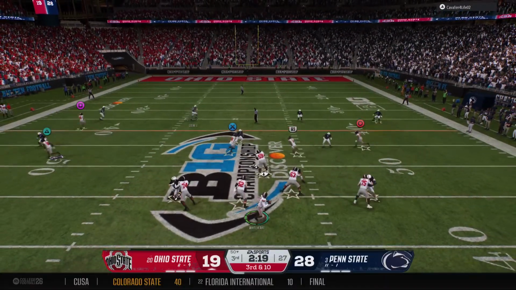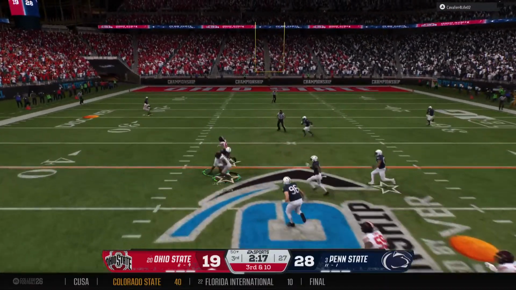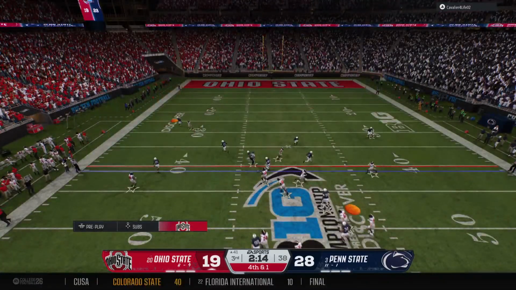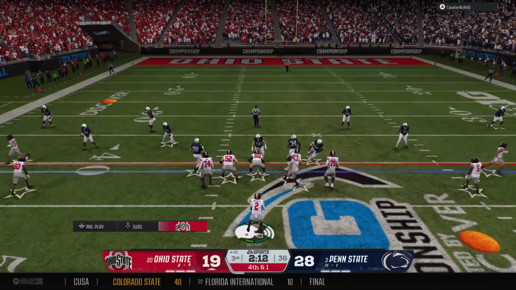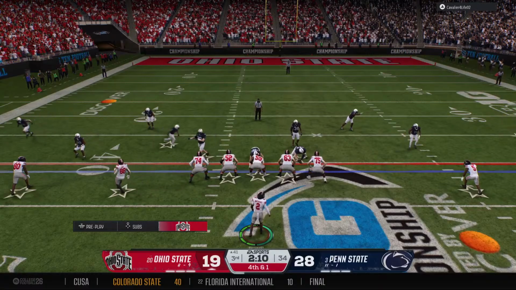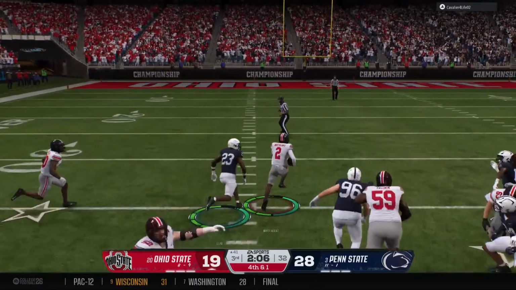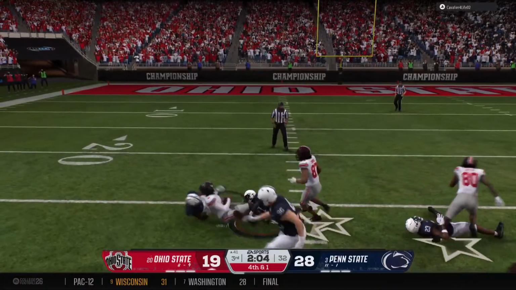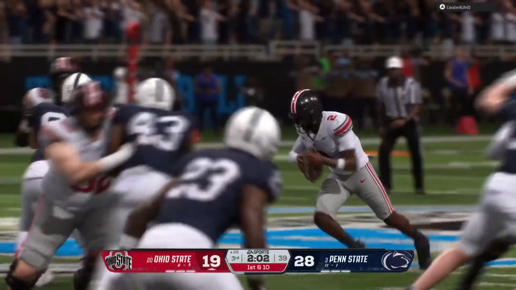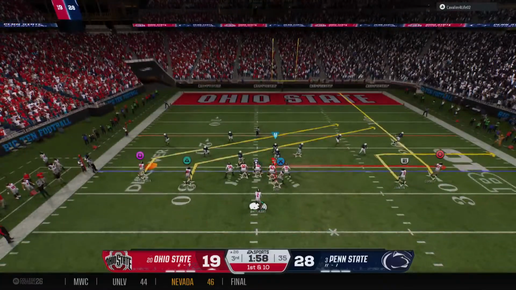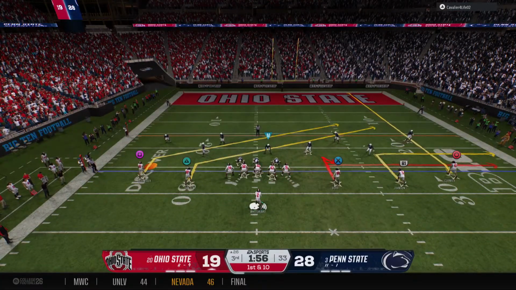Dropping back, looking to throw for the first down. Caught over the middle. It's Johnson. Defense wraps him up after the catch, but he's just short of a first down. And the quarterback tucks it and takes off as a design run. They make the stop at the 26, but it's a first down. This offense in good scoring position now. The Buckeyes have first and 10 here.